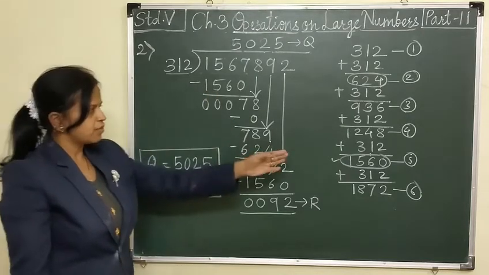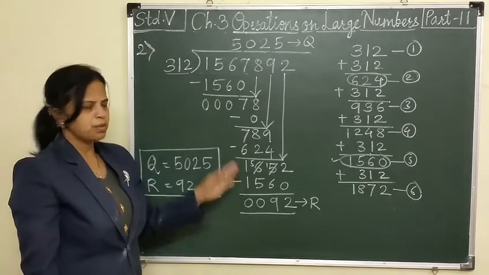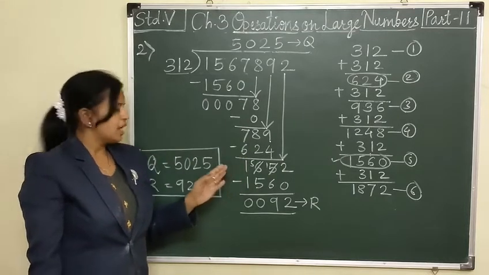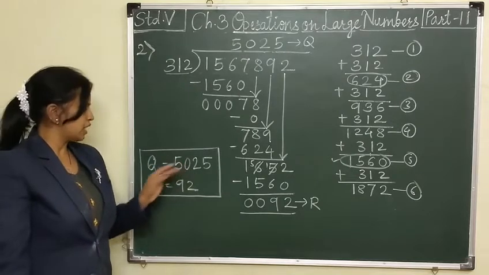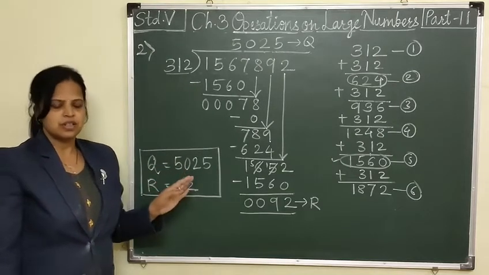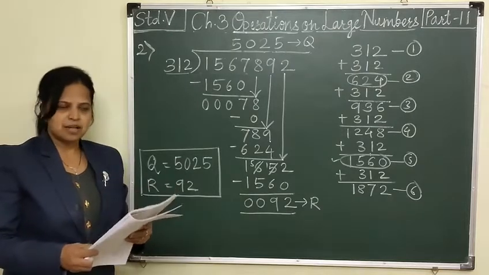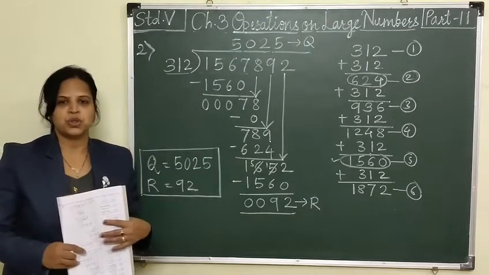You should select it from the table and write down the quotients properly, do the subtraction properly, and at last write the answer like this. Q is equal to, that is quotient, and remainder in the box. Okay, we will see the next example. Before that, you take a snapshot.